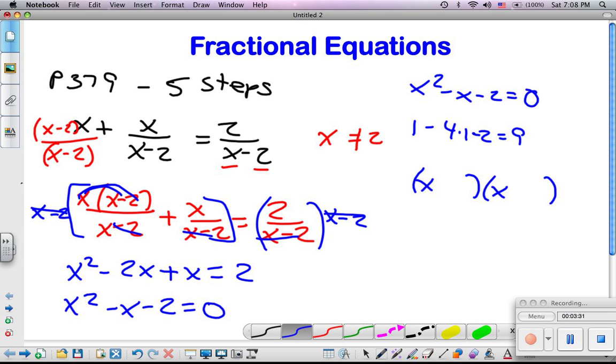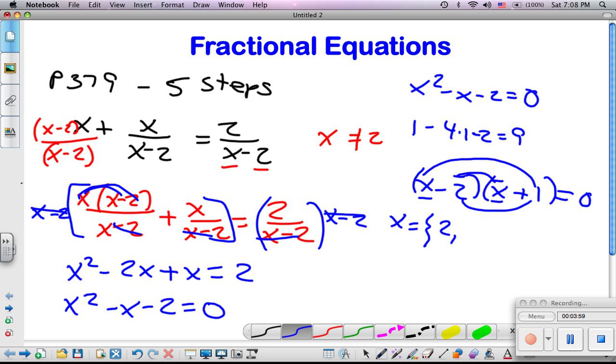So that's going to give us an x and an x, minus 2 and a plus 1, I believe, gives us the factorization of that. Checking that, x squared, and we get a minus 2x, and a plus x, which is going to be a minus x, and this times this just gives us a minus 2, so we are correct. The two solutions then, or the two values that solve the quadratic, are going to be x equals 2 or minus 1. But remember, we have to go back and see if